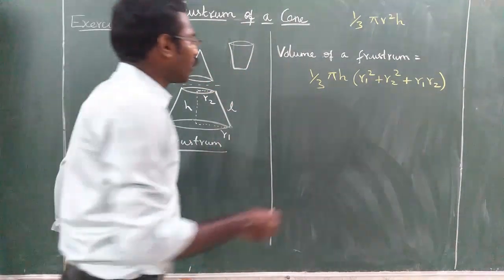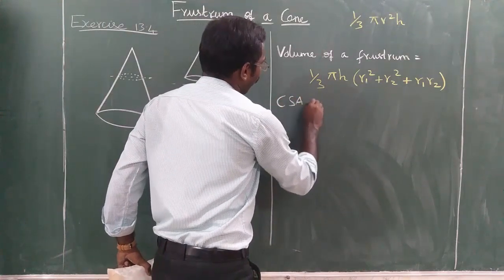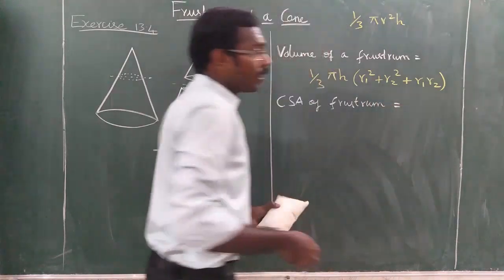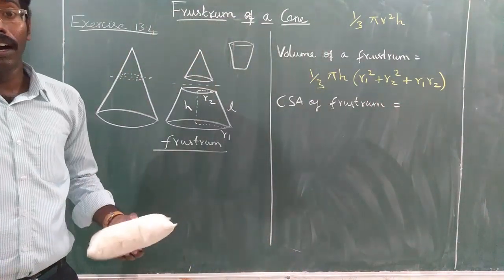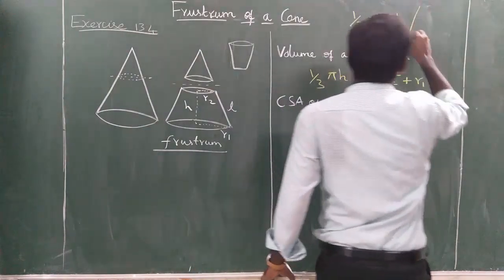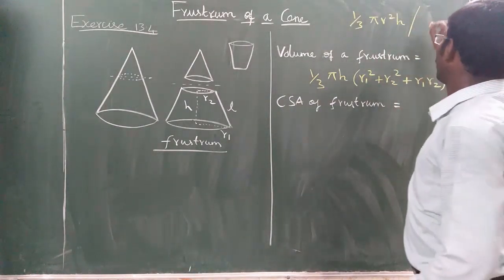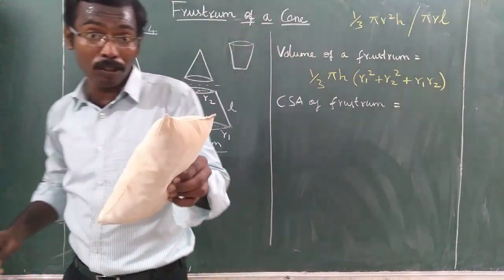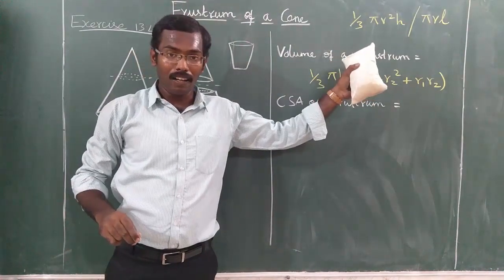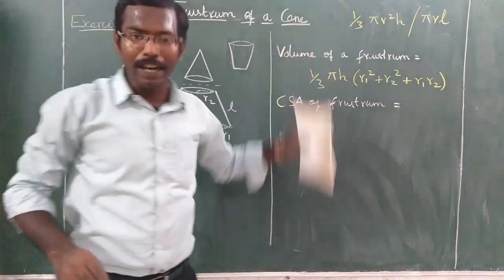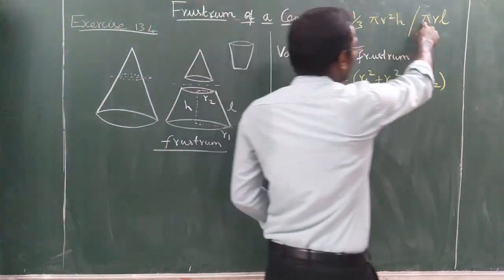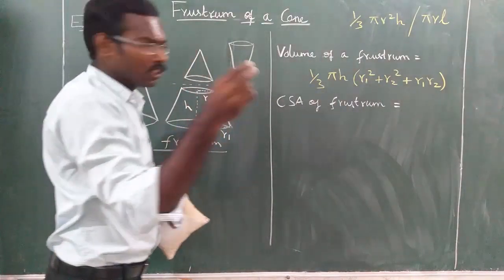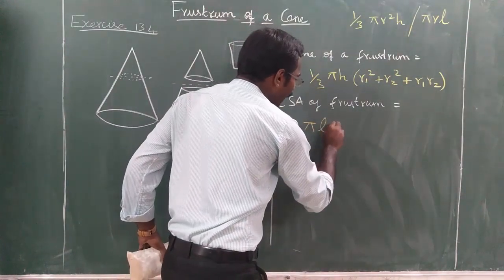Okay, so now the curved surface area, CSA of frustum. Normally for cone, do you remember the curved surface area of the cone? Curved surface area of the cone is pi r l. Do you remember or not? Are you all following, Divyendu? Okay, so pi r l. Yes or no, Shalini? Yeah, it's pi r l. Here also pi is constant and here also we have l only. So pi l you can write.